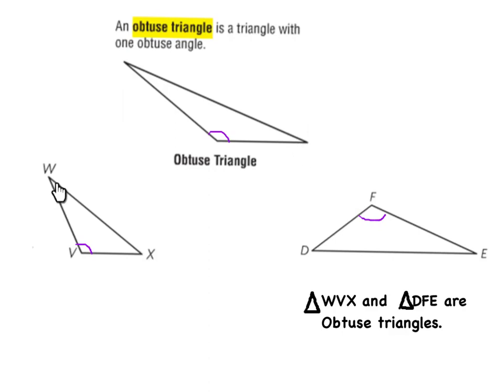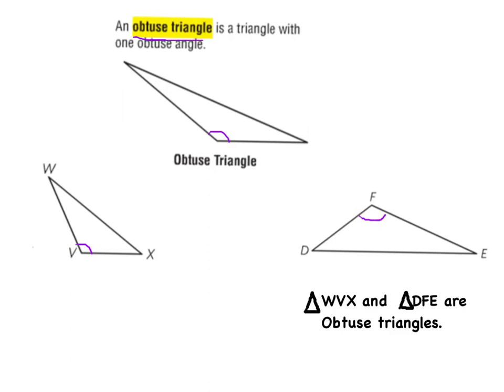Angle W is acute because it's less than 90 degrees, and same with angle X. Angle D is acute, angle E is acute. However, we call this an obtuse triangle because one angle is obtuse, and therefore it automatically makes it an obtuse triangle. So in your notes, write the words obtuse triangle,